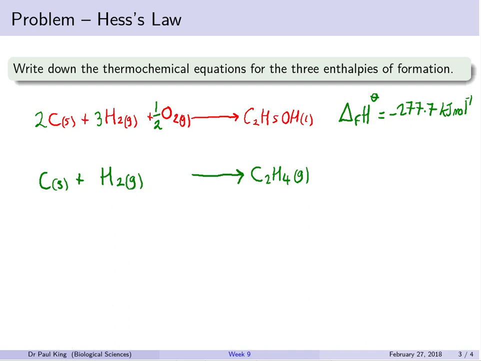Okay, so again, to balance this equation, we're going to have to put a 2 in front of the carbon to give us 2 carbon atoms on each side of this reaction. We have 4 hydrogens over here, so we need 4 hydrogen atoms over here, which we obtain from 2 hydrogen molecules. So that then is a balanced equation for the formation of 1 mole of ethene,